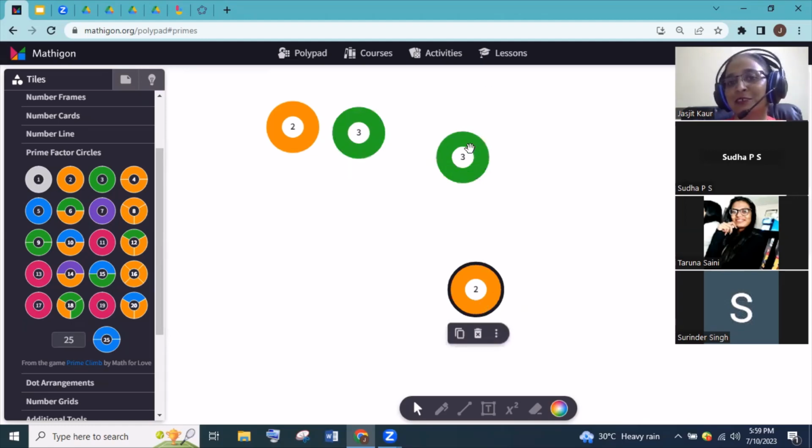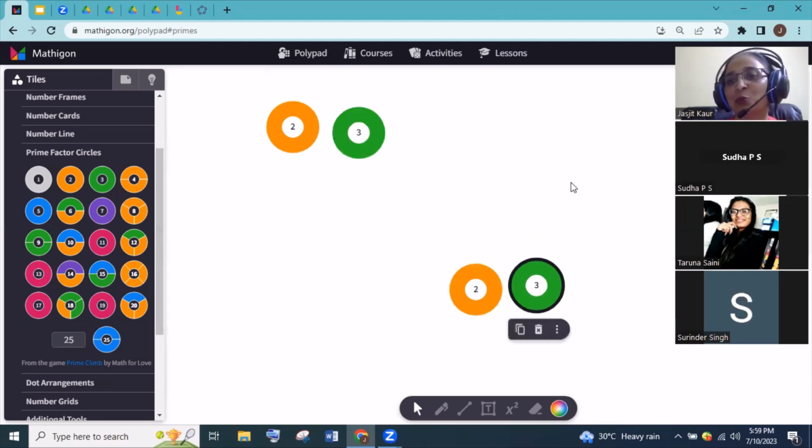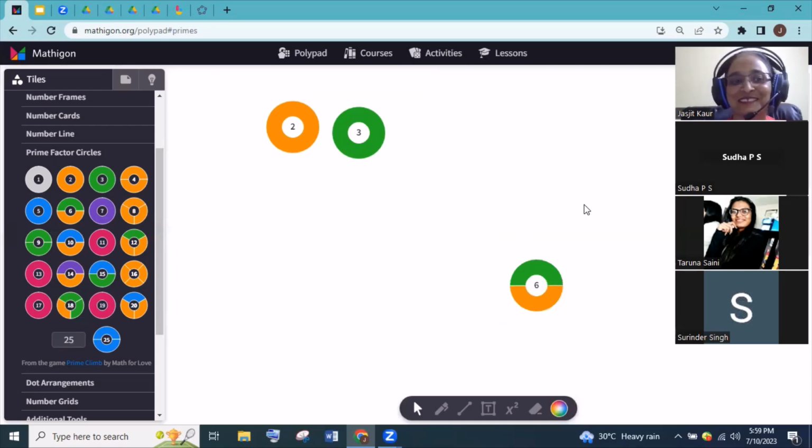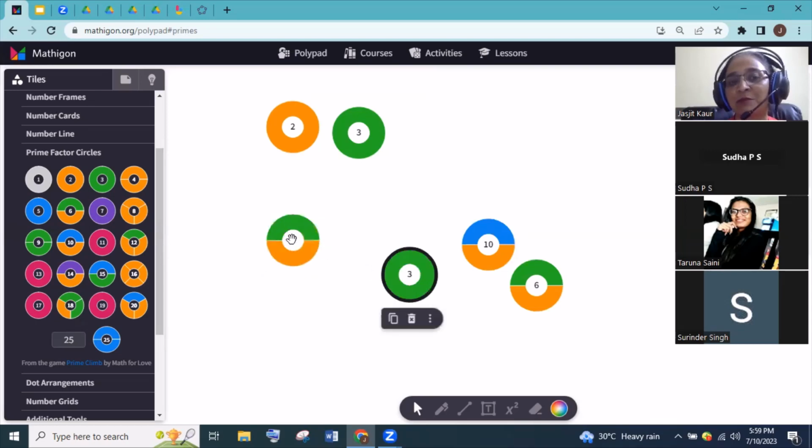3. So 2 and 3 are the factors of 6. And 6 is a composite number. Plus 1 and it will become the composite. So you can explore everything, you will get it from here. We have 3 colors also. Now just see what it is. Number 18. 3 times 6. And if you take 3 again, 3 times 3 is 9, and 9 times 2 is 18.